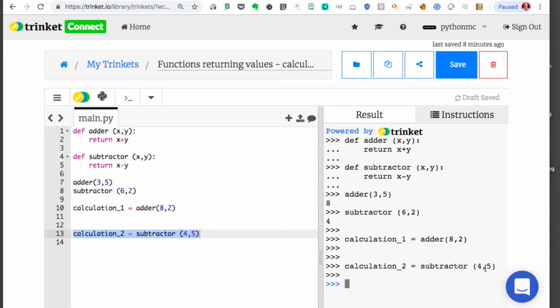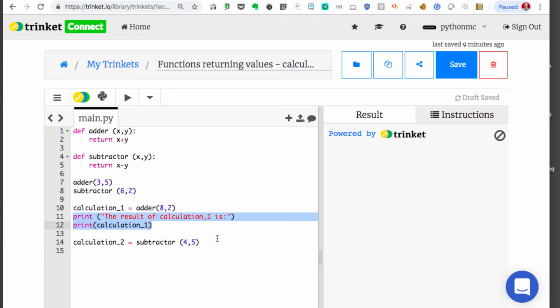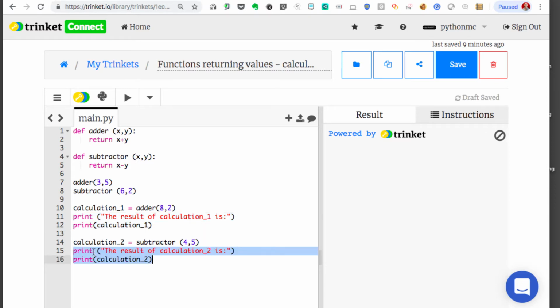Pretty straightforward. And so what's happened is we've just simply assigned these values to the variable names, but we still haven't done anything to print that to the screen. We've just simply executed the function, it's returned that value, and that value has been assigned to a variable. If we actually want to print this out to the screen, we could simply say print, the result of calculation 1 is this, and print, the result of calculation 2 is calculation 2,